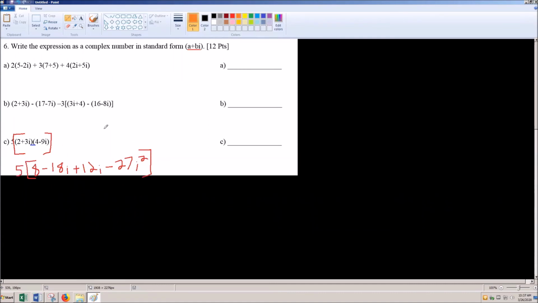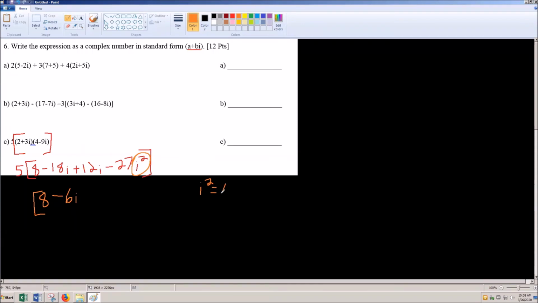So as my next step here, I'm going to start combining my like terms. 8's going to stay an 8. Here I've got negative 18i and a positive 12i, so this should be minus 6i. And then over here I've got minus 27i squared. What is i squared? i squared is